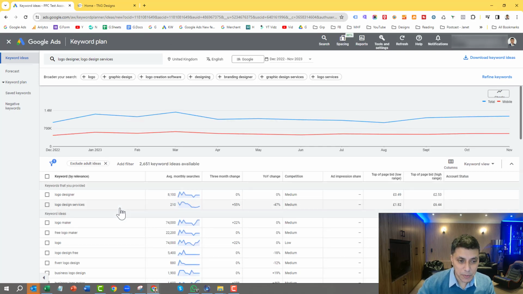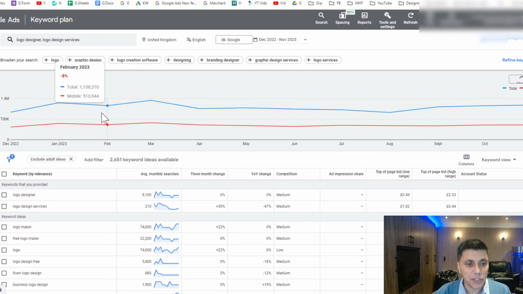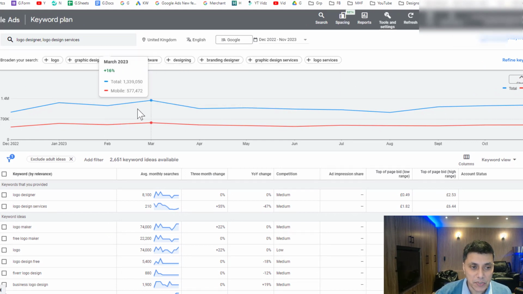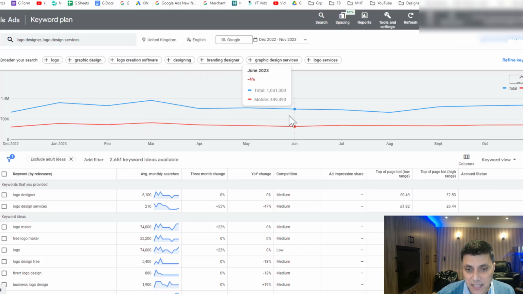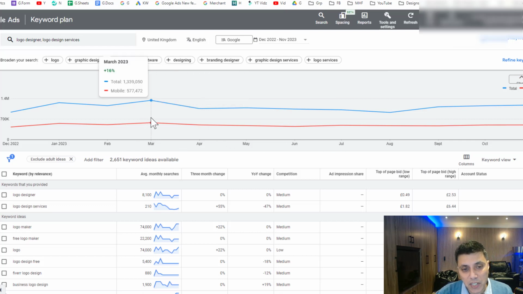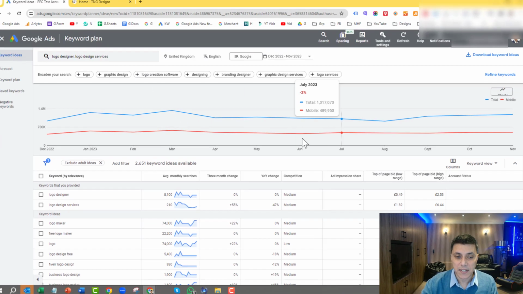And then you get a table. Now the first thing you see is this graph here, which shows you the total number of searches versus the total number of searches done on mobile devices, right? So you get a bit of an idea as to what the general fluctuation is month on month. So this is starting from January, February, March, because sometimes for some keywords you get a bit of a fluctuation. So you can see that you're getting a bit of a fluctuation here, all right, and then there's a bit of a dip around here and a bit more of a dip around here. Okay,